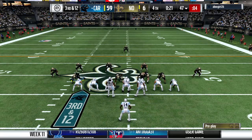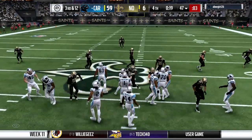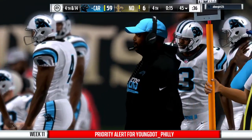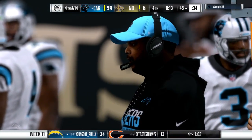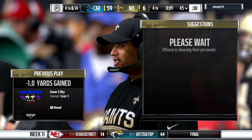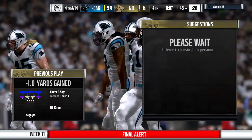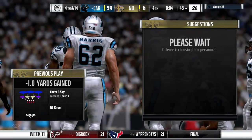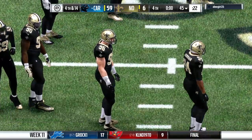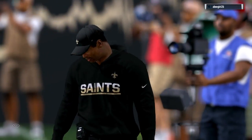So now a 3rd and 12 with an extra defender here in the secondary, a nickel look. Well, Charles, it's one thing to...